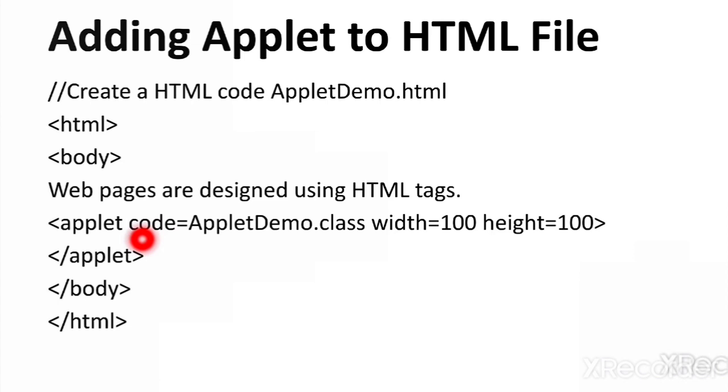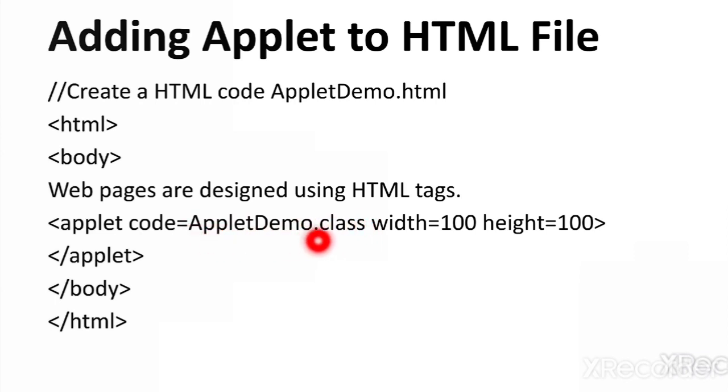Now you can decide where the output of this applet program should appear on the web page. If you want this output first and then this sentence below, you can place this applet tag above. Now just write the applet tag. You will begin the applet tag, and then you will pass arguments to some of the attributes, like setting the code attribute with AppletDemo.class. This is the class file that you have generated by compiling the applet program.